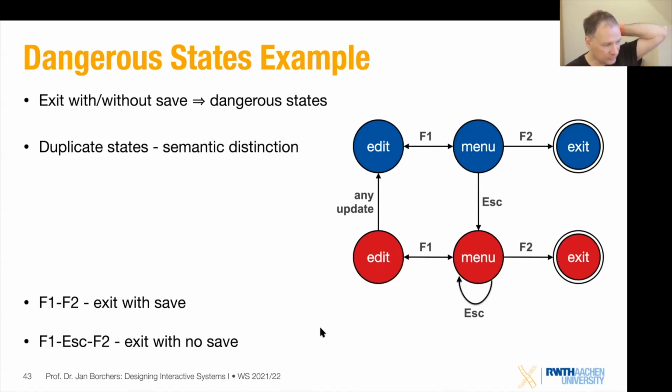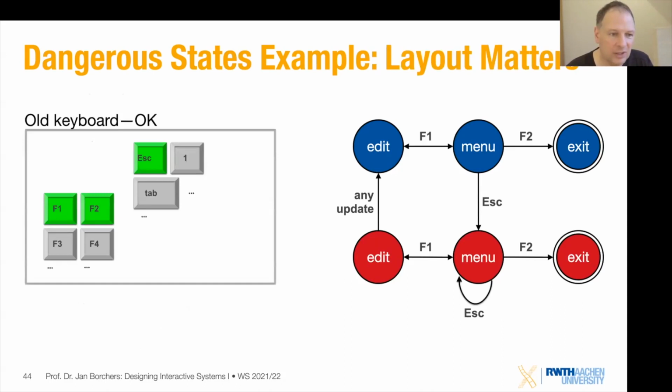So F1, F2 is an exit with save. F1 from the edit mode, pressing escape, and F2 is an exit with no save, right? But that sounds on, and now we get to the interesting things. So on the old keyboards that were around when this application was designed, again, this is a hypothetical experiment,